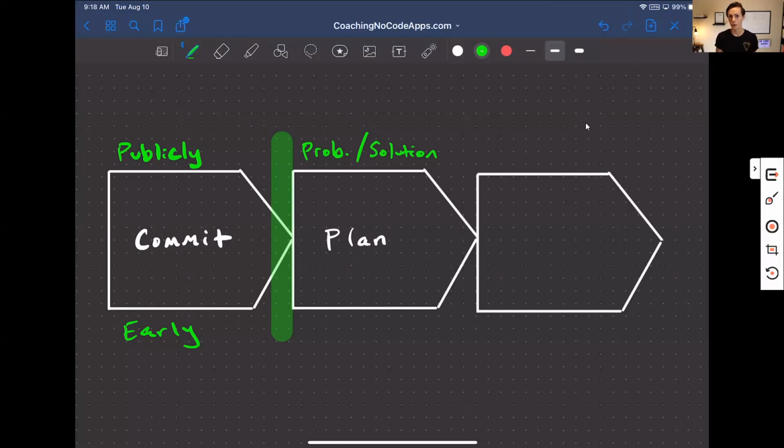Now, most people think about their product when they're making a plan. They think about all the cool things they want to build into their app. They're only thinking about what they want. You need to think about what your users need. That's much more important than what you want. And you can only touch on or hit on what they need if you focus on the problem that they have and the solution that will enable them to achieve whatever outcome it is that they want.